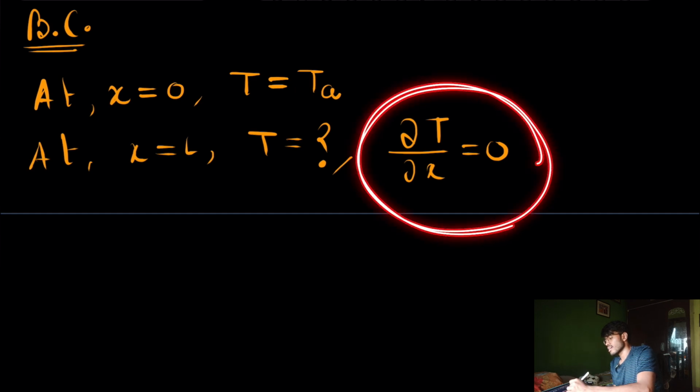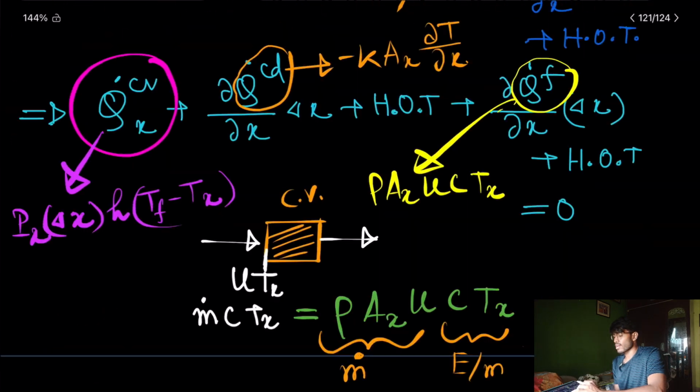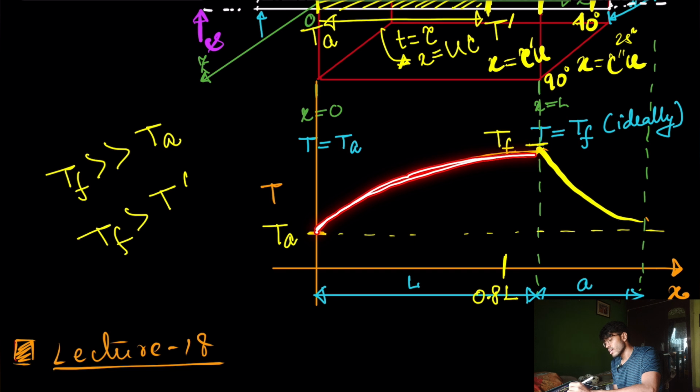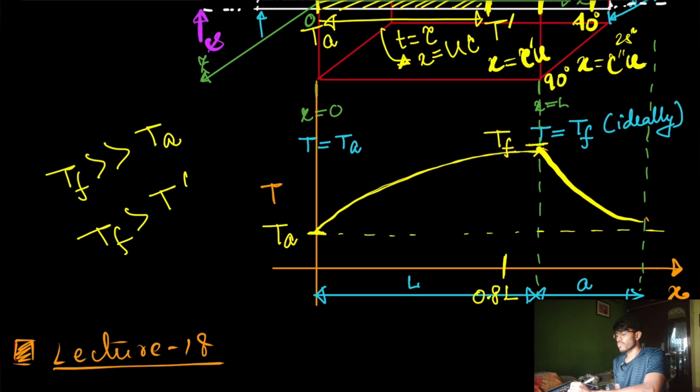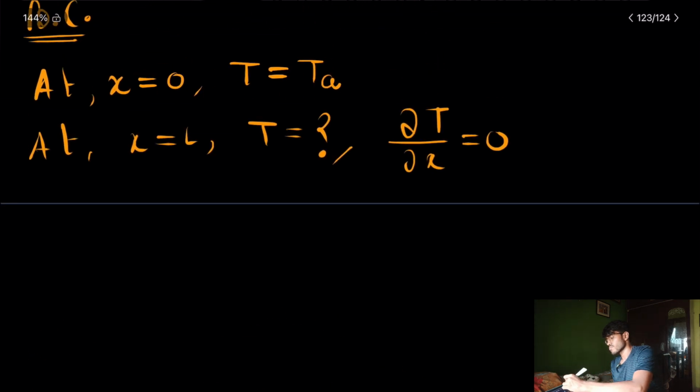See, here I have told already the reason why the curve is like this. That is, the slope is decreasing. So the slope with x is almost 0 at the end of the furnace, and that is very much practical, right? And that is why I can talk about this condition here. So one option is this,